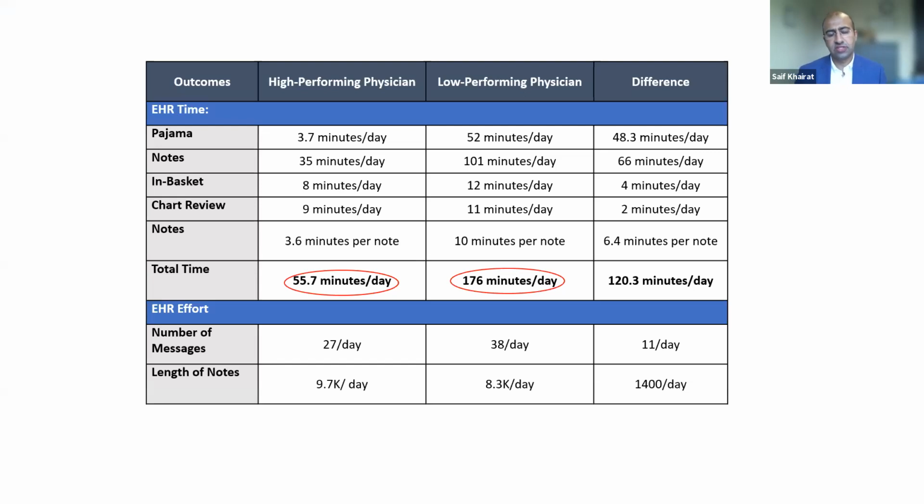We also looked at the differences between two physicians at one department using the EHR. We found some striking differences in their time in the system. A high-performing or highly efficient physician spends on average 55 minutes per day using the EHR, versus a less efficient physician who used the system for 176 minutes, a difference of 2 hours in a given day. 2 hours is a lot of time. Could be directed towards leisure, family, reading a book. Rather, that person has to spend 2 extra hours using the EHR,